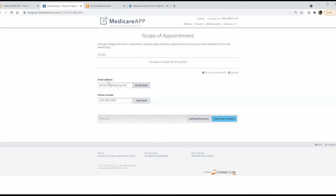It auto-populated that email and phone number for me. So I can either text the scope or email the scope. I noticed that more and more agents are utilizing the text over the email. It is a lot easier. I mean, it's basically the same, text versus email, but getting that text message instantly is